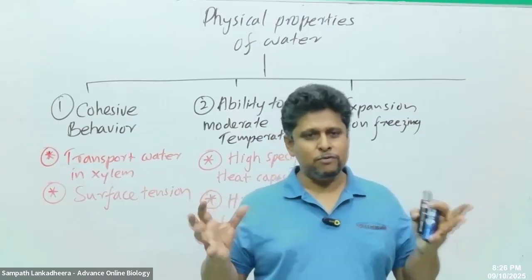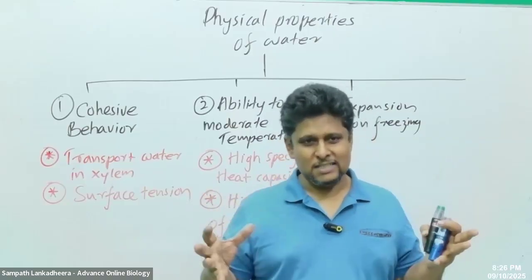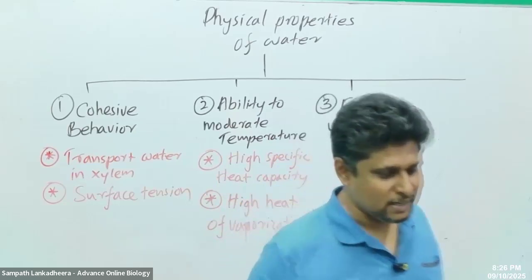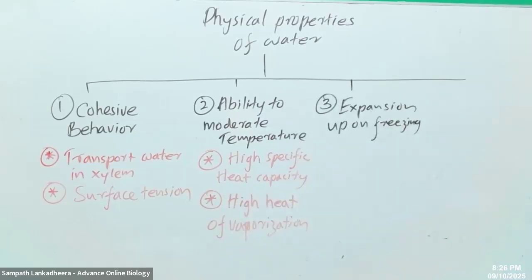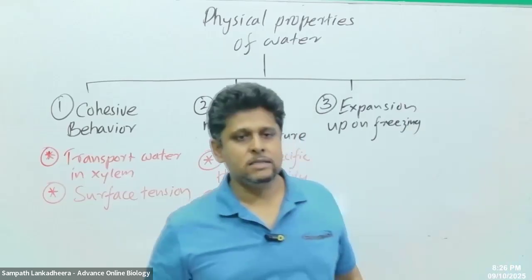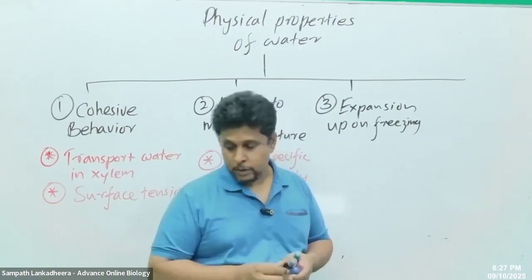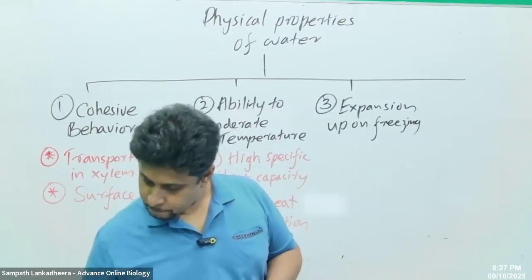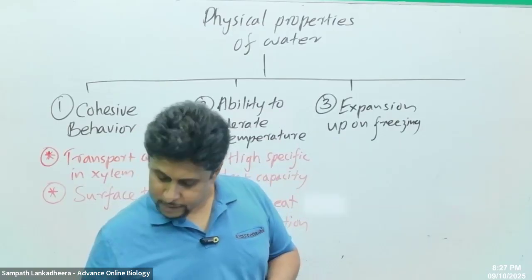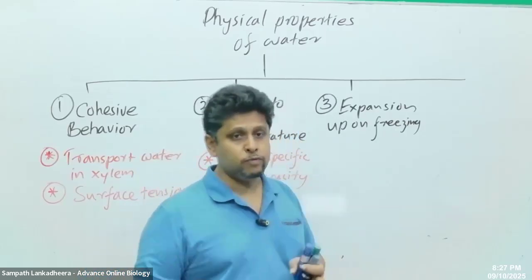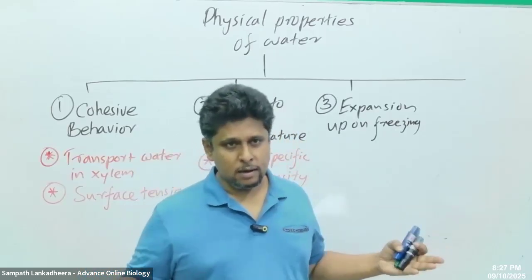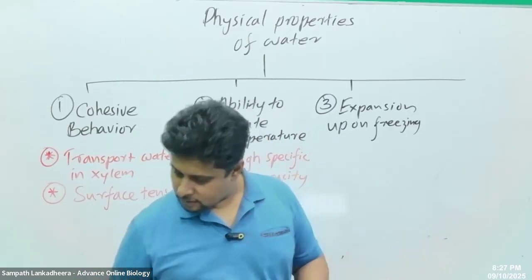Especially upon freezing, it goes into a lattice. When it forms a lattice, we can see that there is a volume expansion. So we'll take that point. Water has its maximum density at 4 degrees Celsius. Below 4 degrees Celsius, upon forming a crystalline lattice, the volume expands.